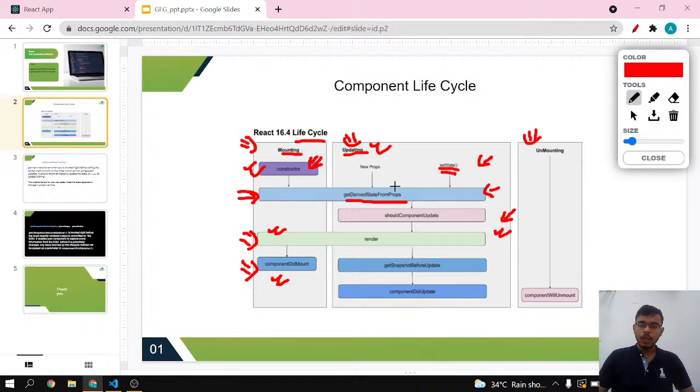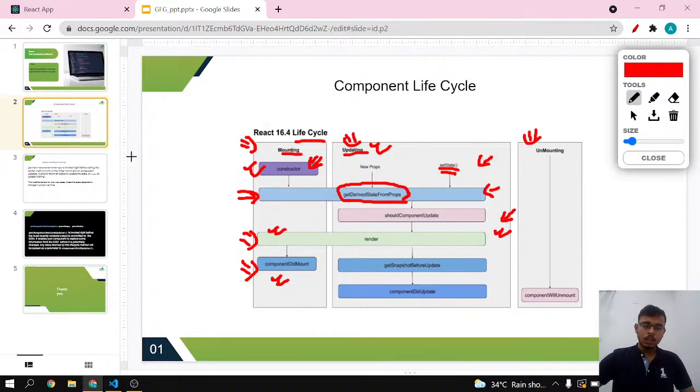Again, we will be seeing how this method is called in case of updation. This method is called during the mounting phase, after the constructor has been called. Similarly, in the updating phase, when we are done with the updation of a state variable, this method is called. So let's understand this method